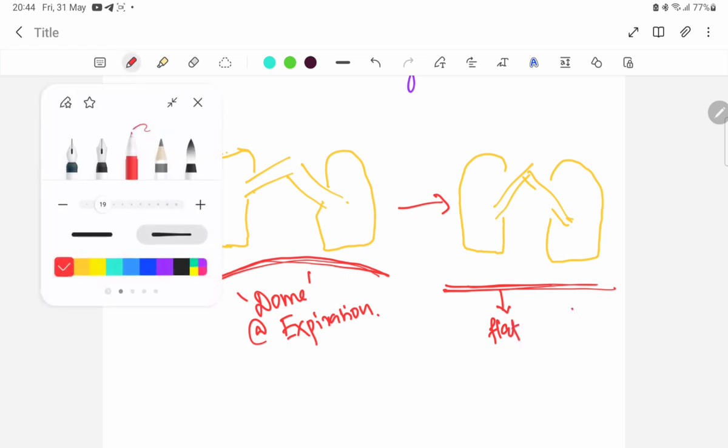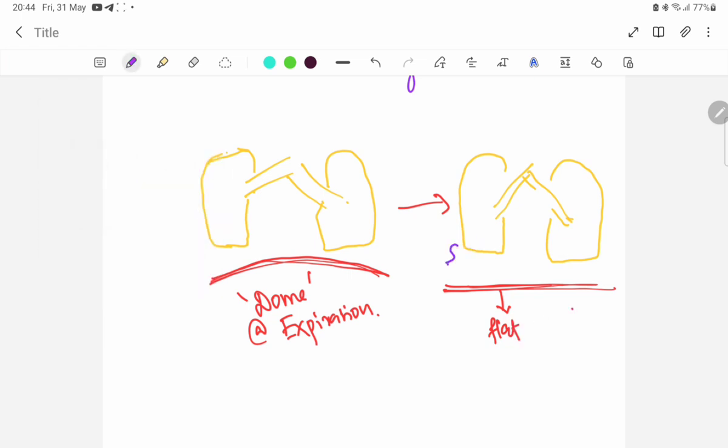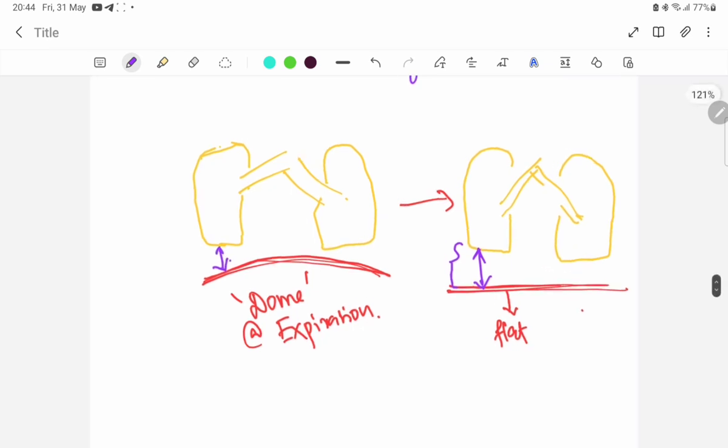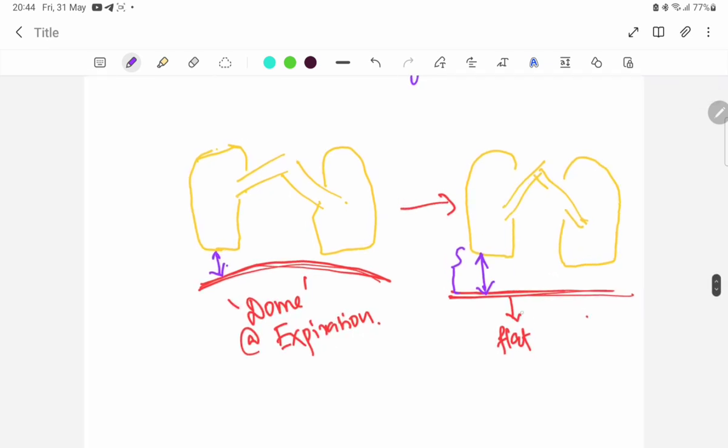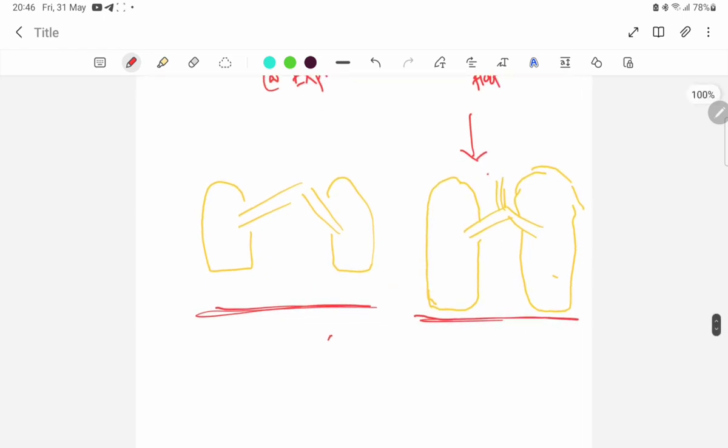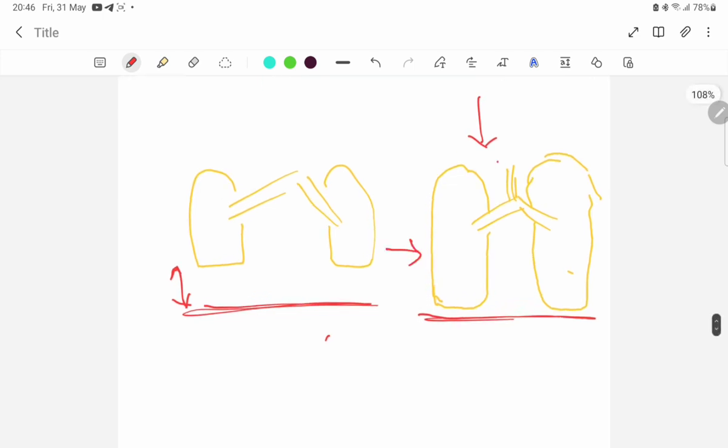See, between the base of the lungs, this is the base of the lung and this is the diaphragm. See how much space it has got. The space increased. Actually here the space is very less. So because the diaphragm contracts, the lungs have more space to expand in size. As you see in this diagram, during inspiration, the space between the lungs and the diaphragm increases. So this is the next diagram. Follow this next diagram. Now in this diagram, the lung expanded to its maximum capacity because of the space provided by the contraction of